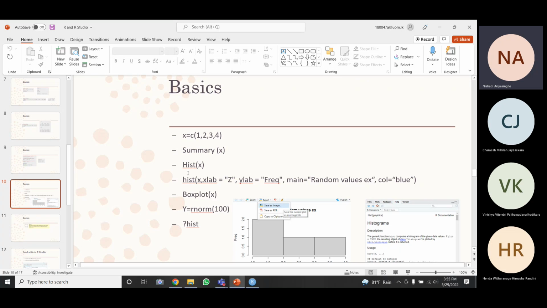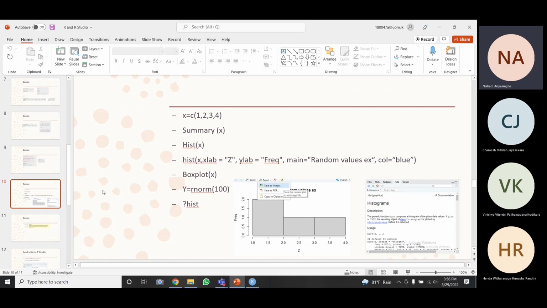So presentation of your result is very important, right? You can use these kinds of functions to clearly represent your findings.